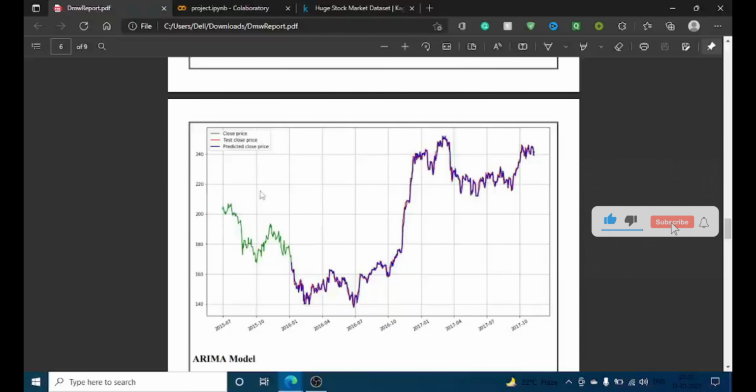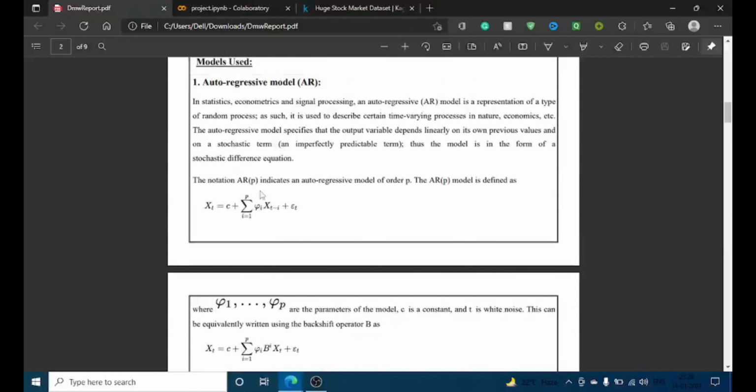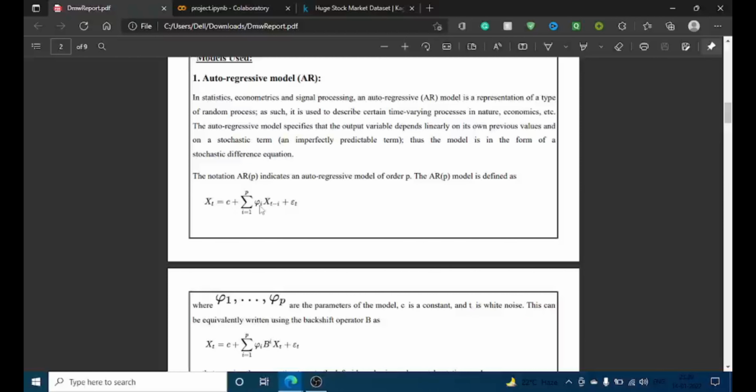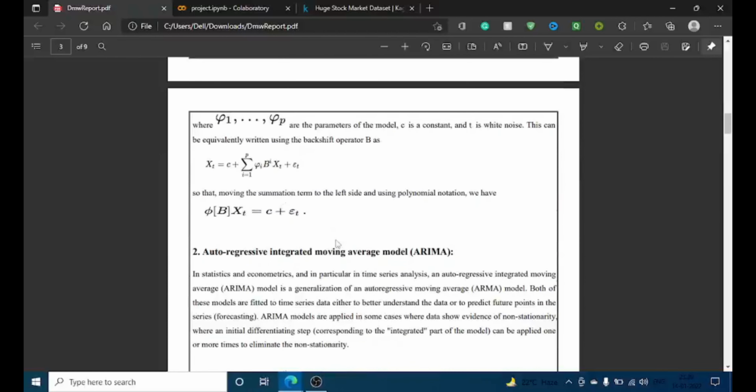The issue is that it is not very good for data which keeps changing over a short time. This is the mathematical representation of the AR model. So the next model